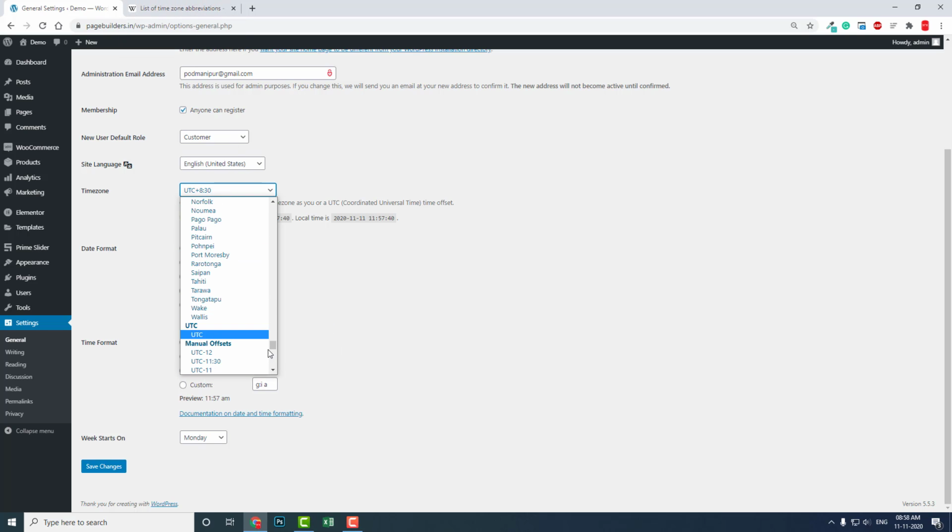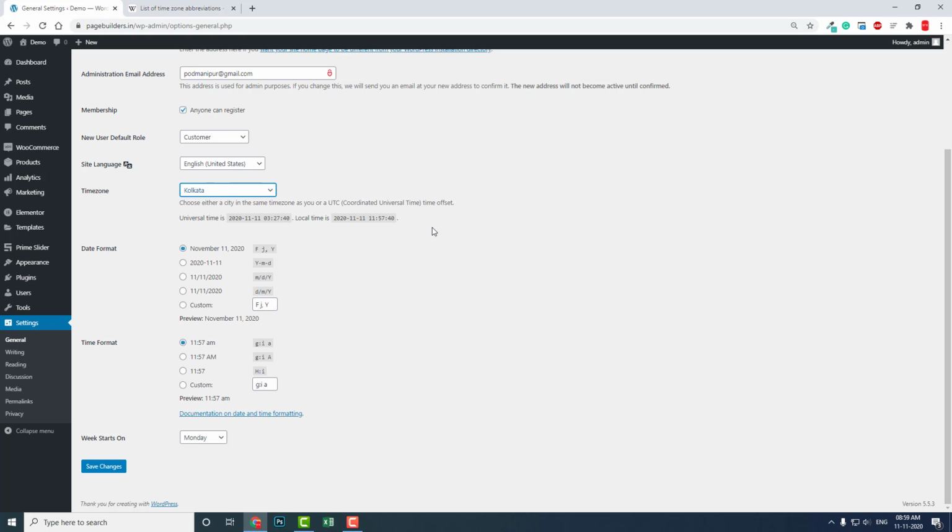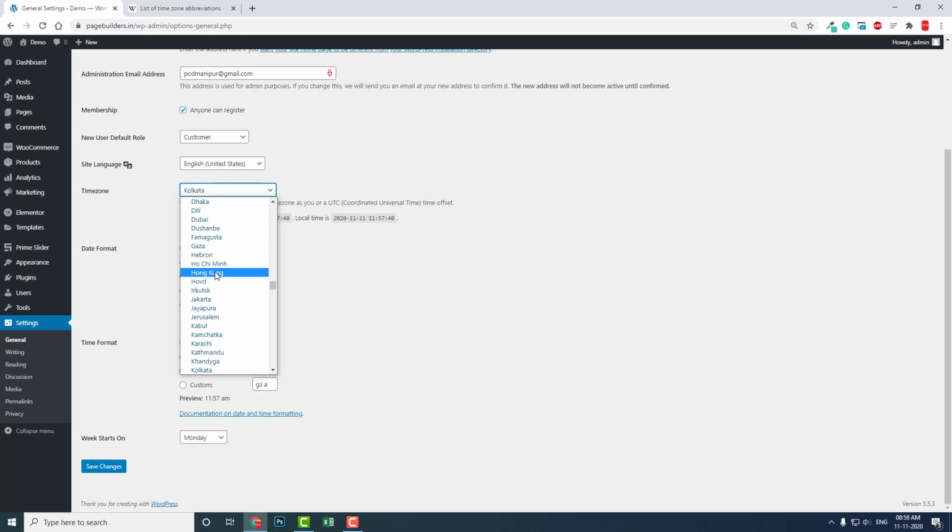Here most of the options are listed: Africa, Australia, Europe, Atlantic, Tokyo, Singapore, Shanghai, Seoul, Qatar, and Kolkata here. This is our standard time zone, and if it is not available here in this time list, you